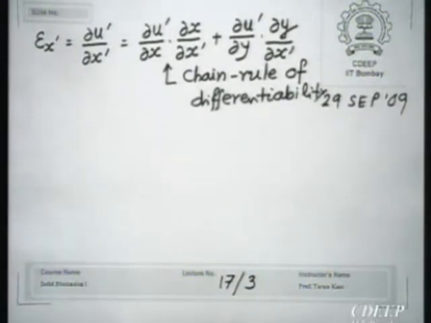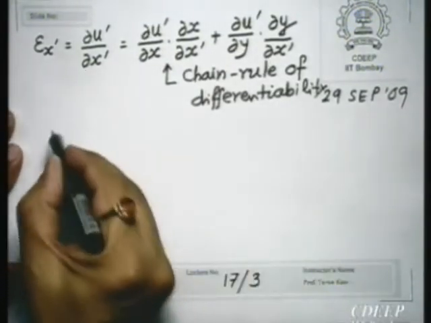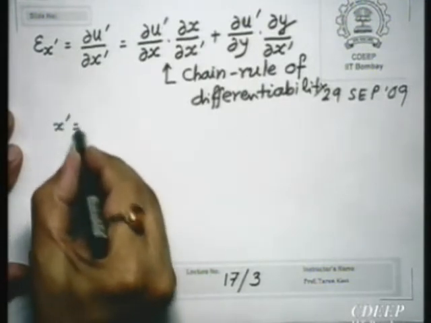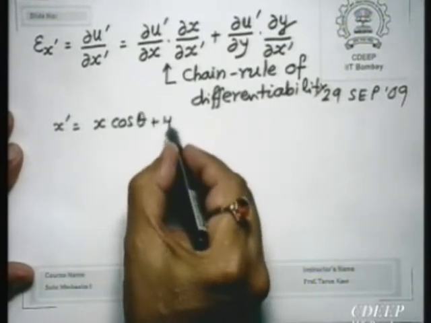Okay. Now, I will not spend time on transformation. See, any particle or any point P in my xy plane can be expressed, the coordinates of that can be expressed both in terms of xy as well as x dash y dash. Can we relate these two coordinate systems? Yes, with the angle theta. So, I will write down those relationships and you please practice again. Do not make a mistake, because if you make a mistake, the whole derivation will be wrong. So, I will just say x dash will be x cos theta plus y sin theta.